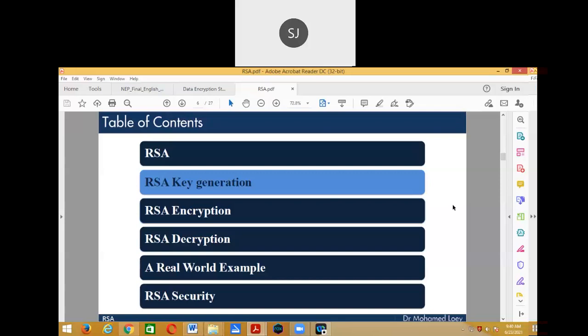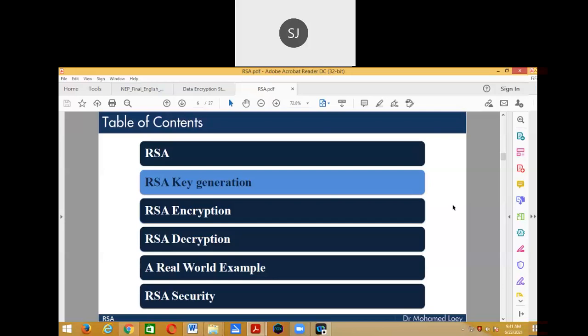Now, one disadvantage of this symmetric key encryption is that the sender and receiver need to have the same key. Now, who has to generate this key and how has this key to be shared? Suppose I am the sender and you are the receiver. If I encrypt it, you should be able to decrypt it. But myself and yourself, we should have the same key. So who has the responsibility of generating this key, and suppose I generate the key, how do I exchange it with you? How do I share it with you?